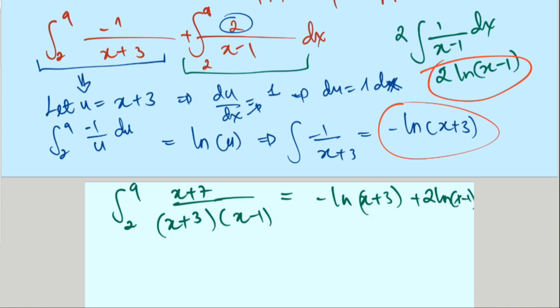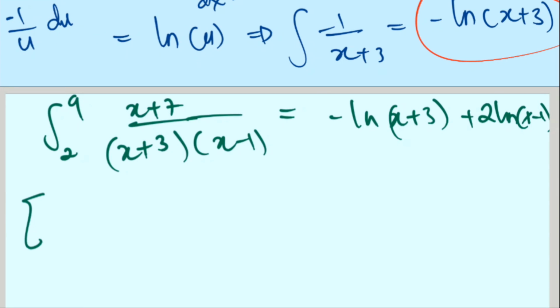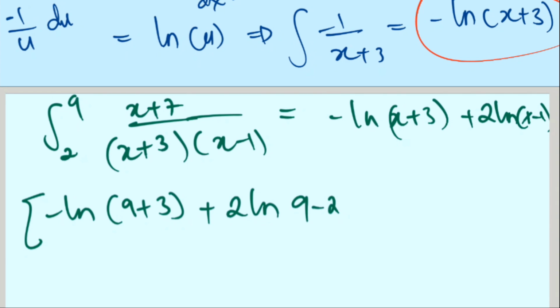Okay, now we're going to substitute the interval from 2 to 9. So we start with the bigger one, with 9, so negative natural log of 9 plus 3 plus 2 natural log of 9 minus 1, pardon,